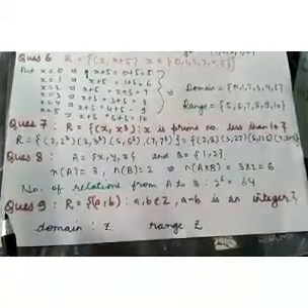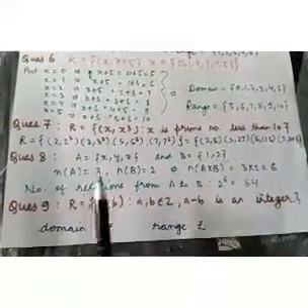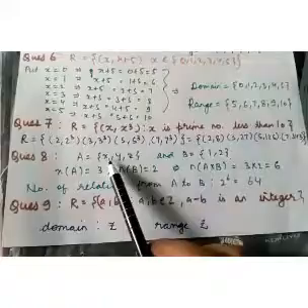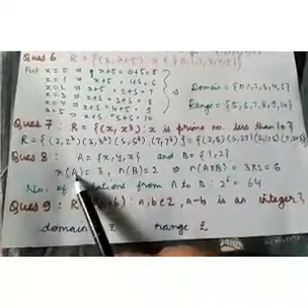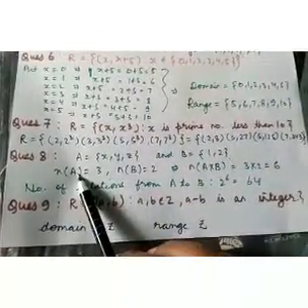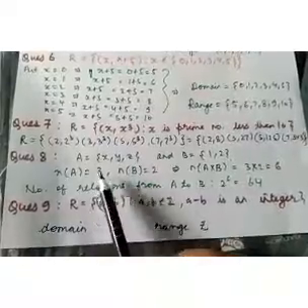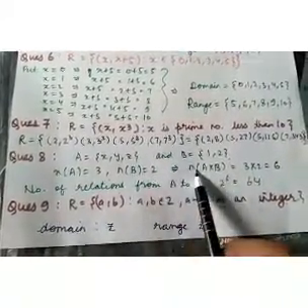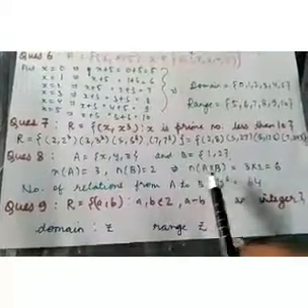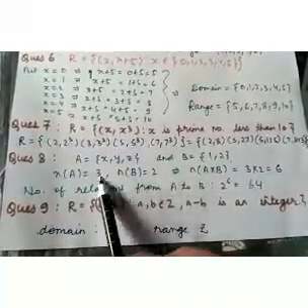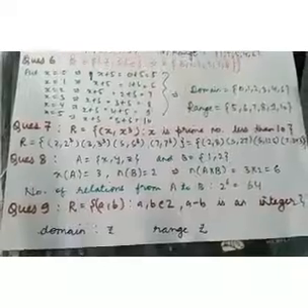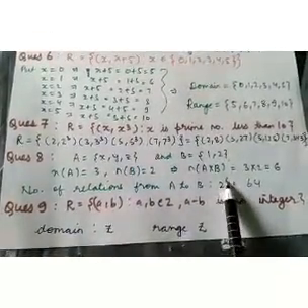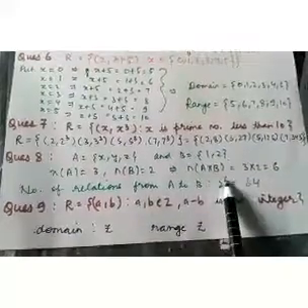Now question number 8 is we have been given a set A and a set B, and we have to find the number of relations from A to B. So we have studied the formula. Here A has 3 elements, that is, the cardinality of A, or number of elements in A, is 3. Number of elements in B is 2. Therefore the number of elements in the Cartesian product of A and B will be 3 into 2, that is 6. Then the number of relations possible we have studied, it is 2 to the power 6, which comes out to be 64.